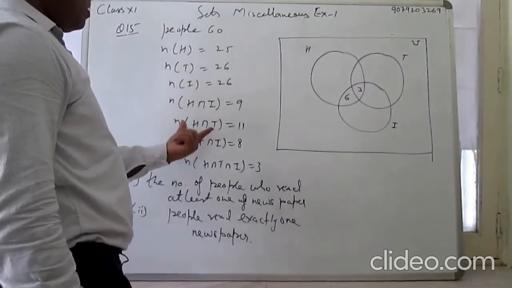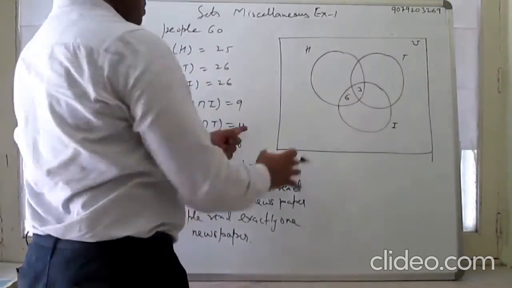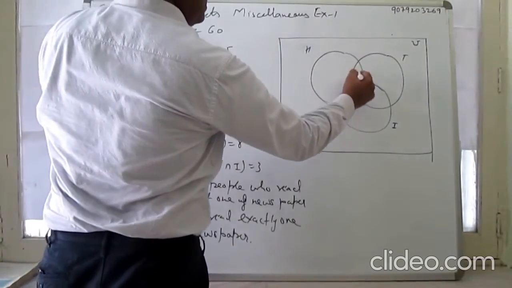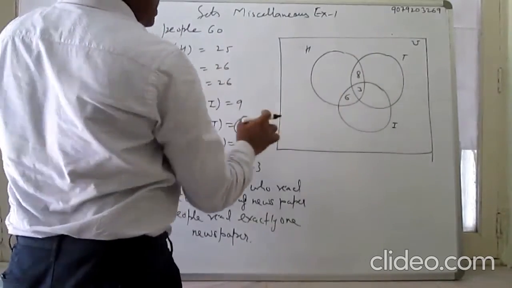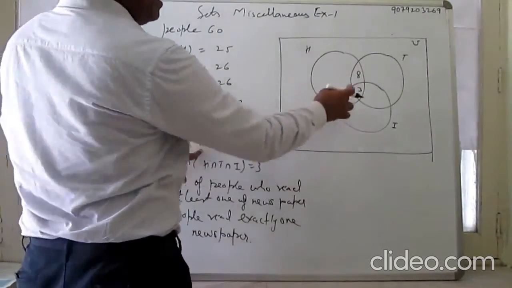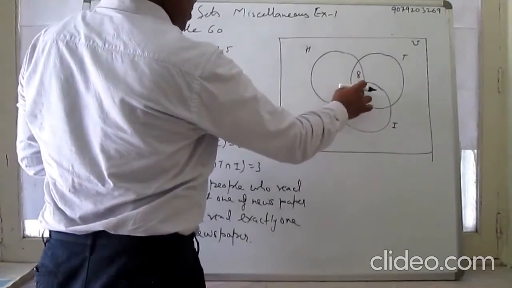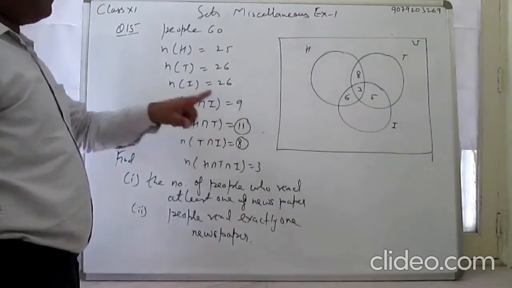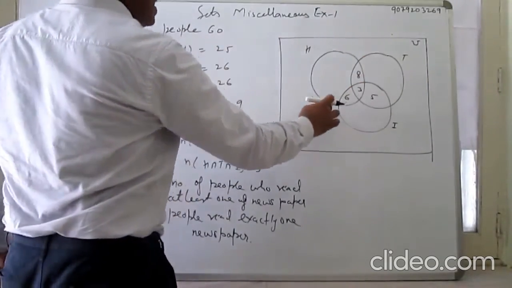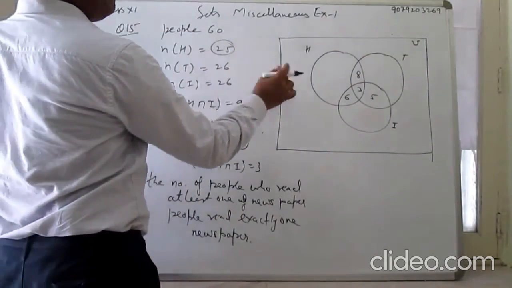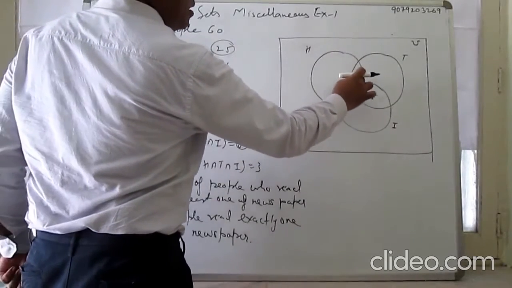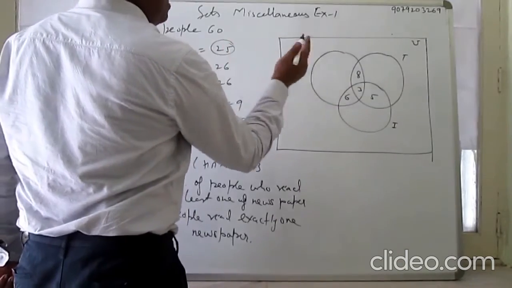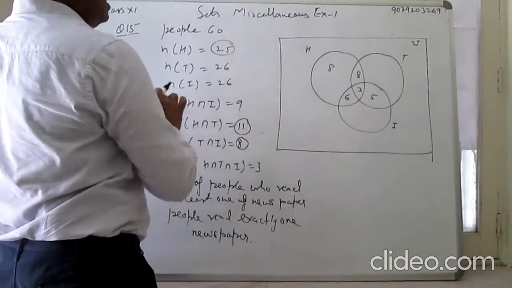6. Now H intersection T, total is 11, and 3 I have filled it here, so remaining 8, plus 3, दोनों का इंटरसेक्शन क्या हो गया? 11. Now T and I is 8. 3 already filled, 8 में से 3 already filled, what is left? 5. Okay, now how many elements in H? कितने हैं H में? 25. तो इधर कितने आ गए H में अभी तक? 8, 11, 17. 17 में क्या जोड़ेंगे? 25 हो जाए, 8.